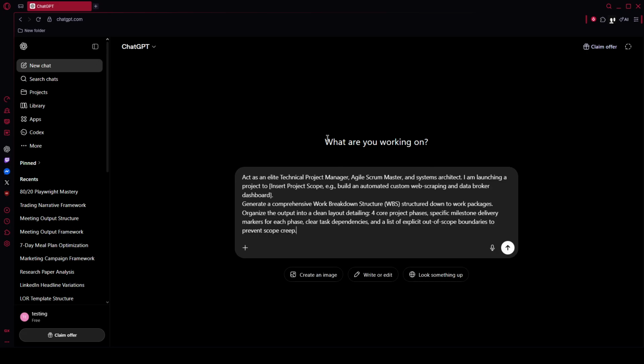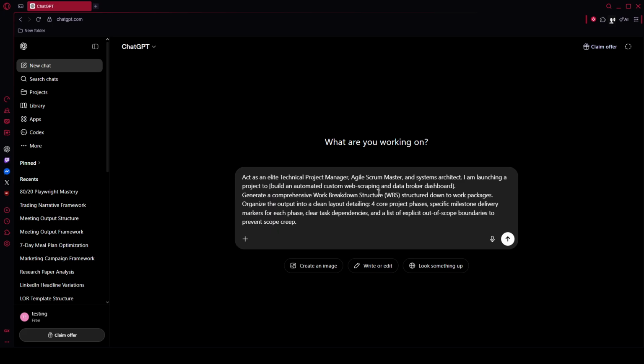Next, outline your scope with the WBS and milestone generator prompt. Avoid broad prompts like "help me manage a new software build," which lead to generic lists. Instead, copy and paste this precise prompt and replace the bracketed parts with your project details. Act as an elite technical project manager, agile scrum master, and systems architect. I am launching a project to [insert project scope, e.g., build an automated custom web scraping and data broker dashboard],